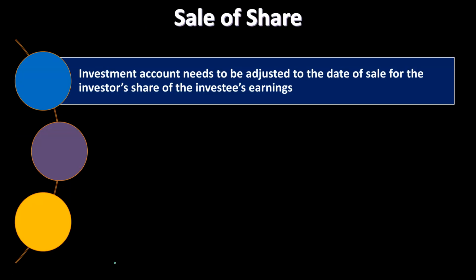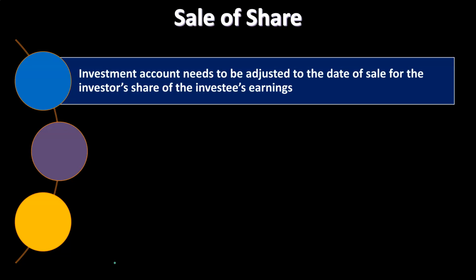Okay, sale of shares. What happens when you sell a share that you're accounting for using the equity method? The investment account needs to be adjusted to the date of sale for the investor's share of the investee's earnings. So the first thing you need, if you're selling the shares that you had at 20%, over 20%, or significant influence in, is to make sure that you're recognizing the income up to the point of the date of sale. If you're selling it on November 15th, ideally you would look at the income of the company you have invested in up to that point in time and record that